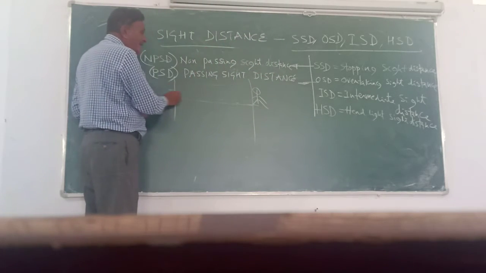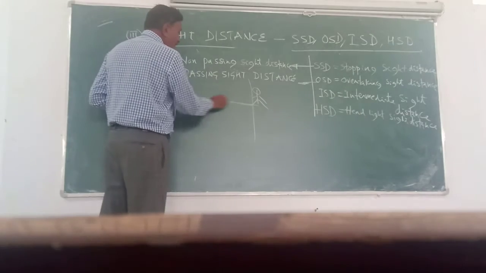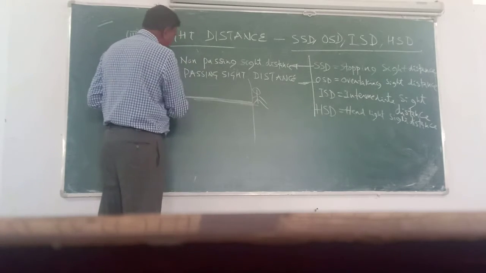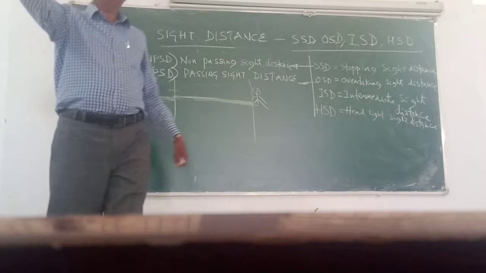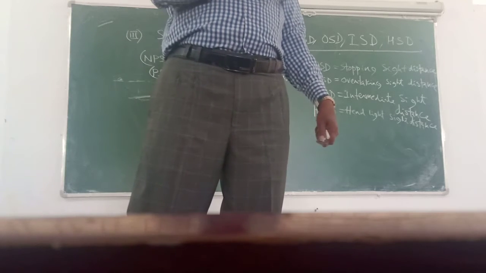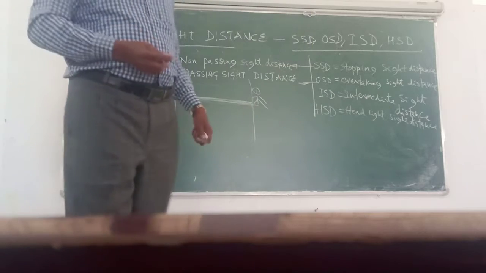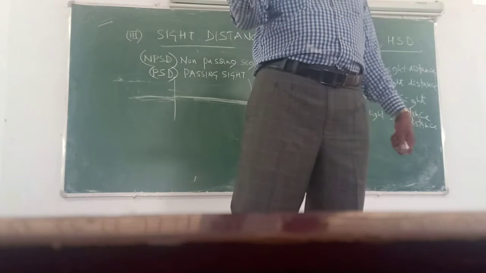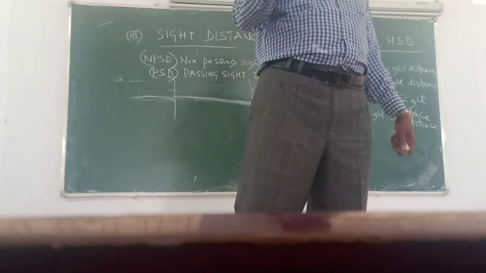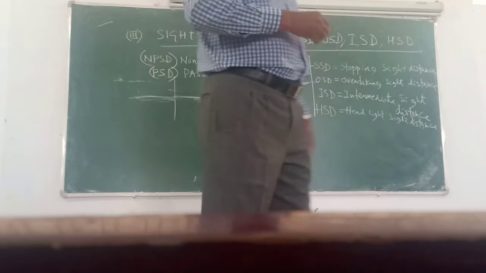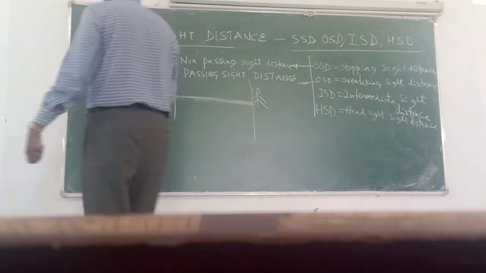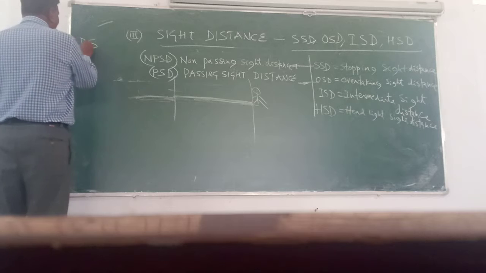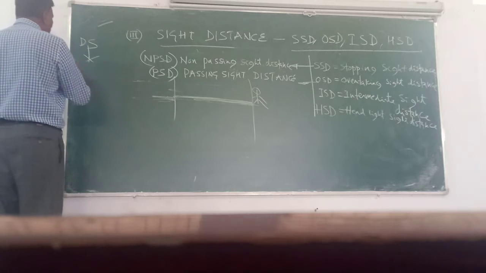Okay, now the driver is going at this speed, then what is going to happen? It is simple. The driver is going at a uniform speed, a design speed. I think I told you about the different design speeds for the different categories of roads. Take down the design speeds for the different types of roads.